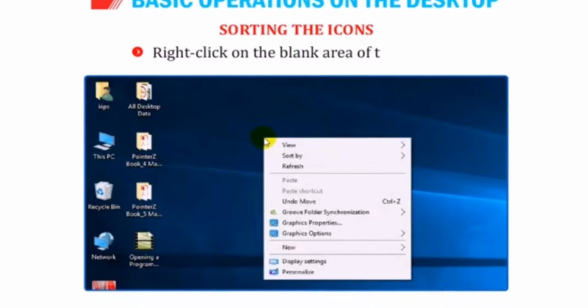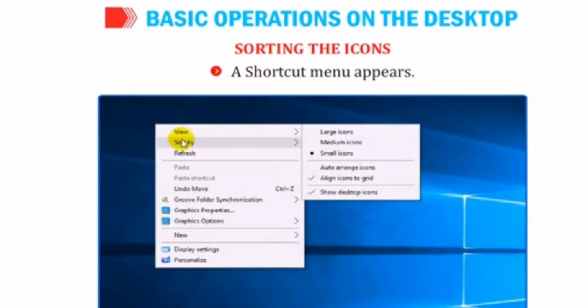right click on the blank area of your desktop. See, this type of menu will open in front of you. Everyone can see on your screen. Yes, can you see this? Now a shortcut menu will appear, when you go to View, then one more shortcut menu will open in